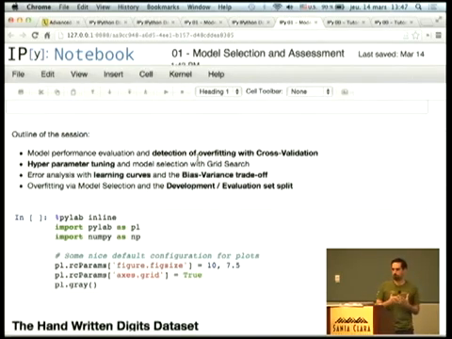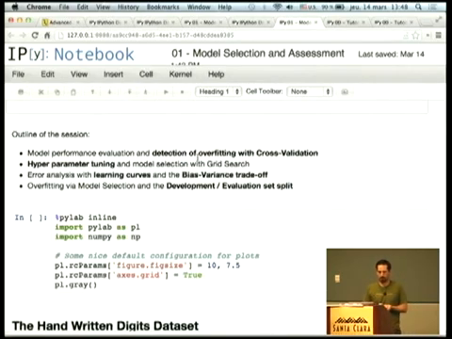Once we know how to do cross-validation, we can extend this to do hyperparameter tuning, which is how to automatically tweak the knobs of the machine learning model, the hyperparameters, the constructor parameters of scikit-learn models, by using what we call grid search. This is basically trying many different values for those parameters, learning the models on the data, then validating against new data and measuring the performance, and selecting the best model according to this cross-validation